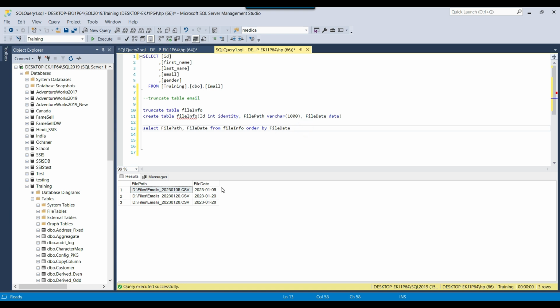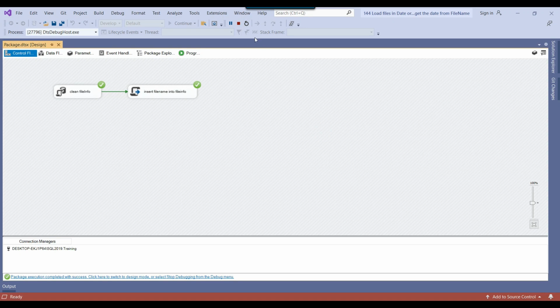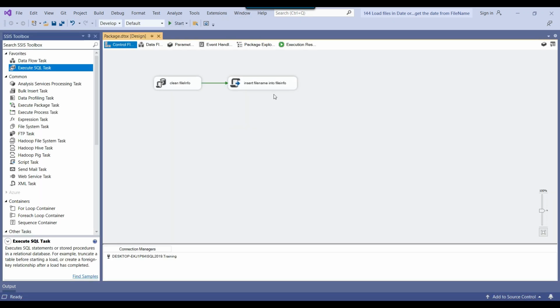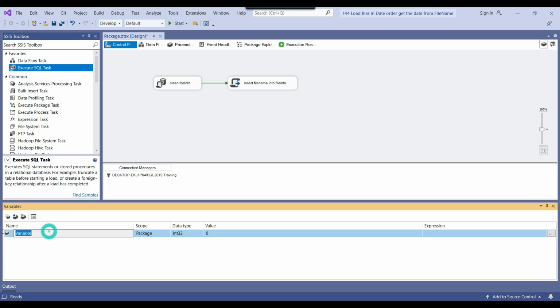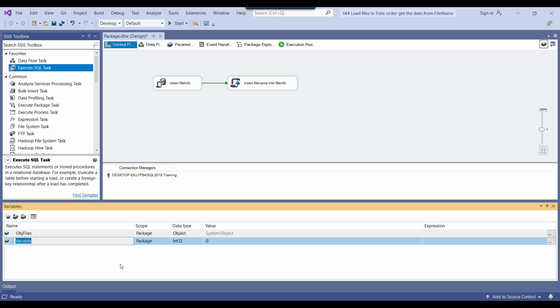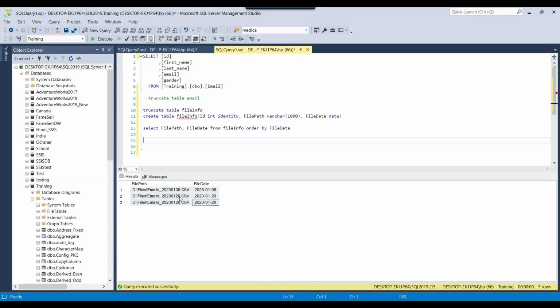Now because the data is inside the SQL table, we can use the for each loop ADO enumerator to get the files from the SQL Server table. For that, I need to declare two variables for now. The first variable will be obj files, and this will be of type object, because we are going to loop through the rows. The other variable will be file path, because I'm interested in the file path only when we are looping through.